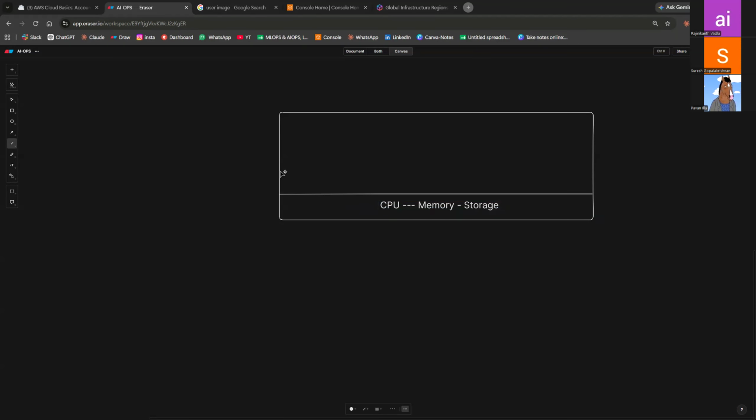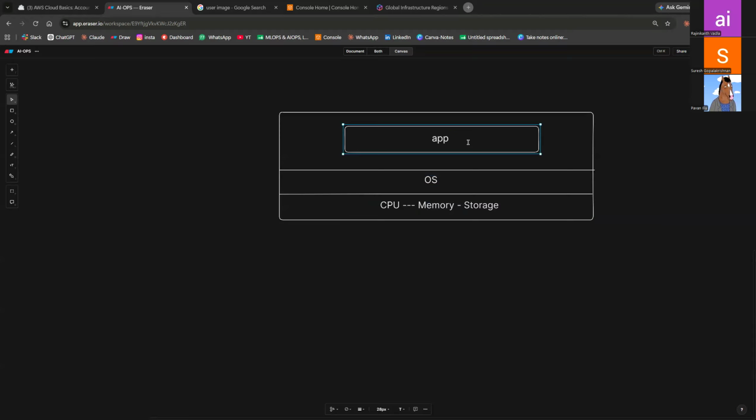On top of it we will put an operating system, and on top of that we'll keep our application.